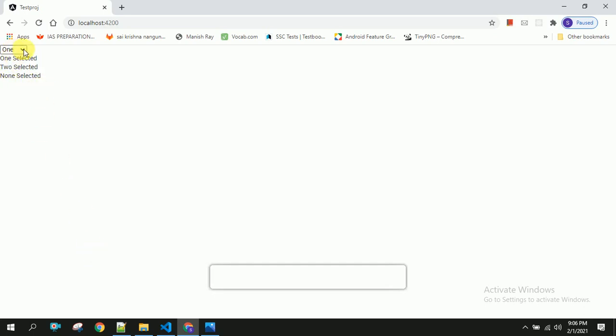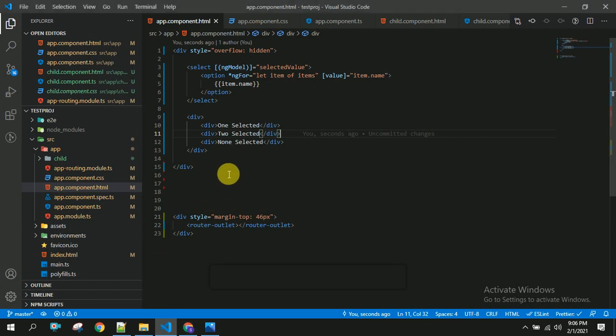So our aim is to achieve, once user select anything, we have to show that particular data, and if user selected other things, then we have to show none selected. So we can achieve this by using ngIf as well, but our motto is how to use ngSwitch in this scenario.